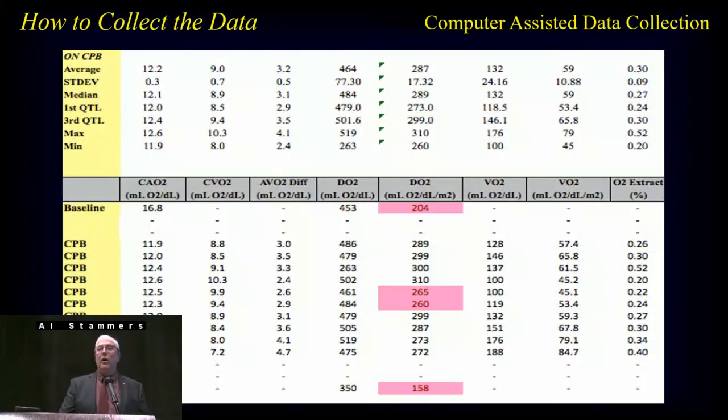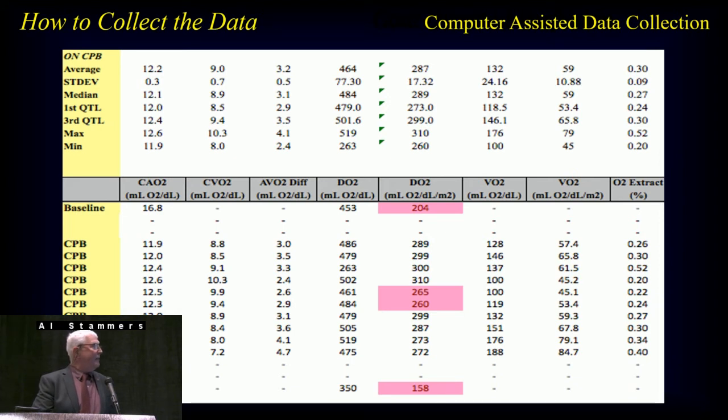But in regards to just using a DO2 delivery, trying to optimize perfusion to a certain value, you can see that these will alert you if you're outside of that, at least visually. One thing to keep in mind, and this is something that's never spoken about in all the papers published on goal-directed perfusion: you look at what the patient has before bypass, which is the highest hematocrit that they have,